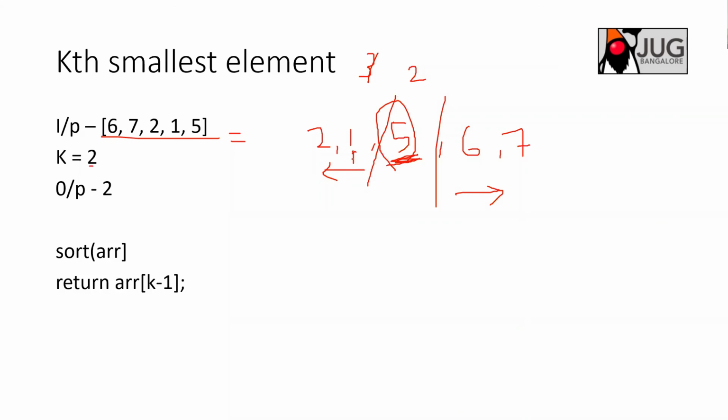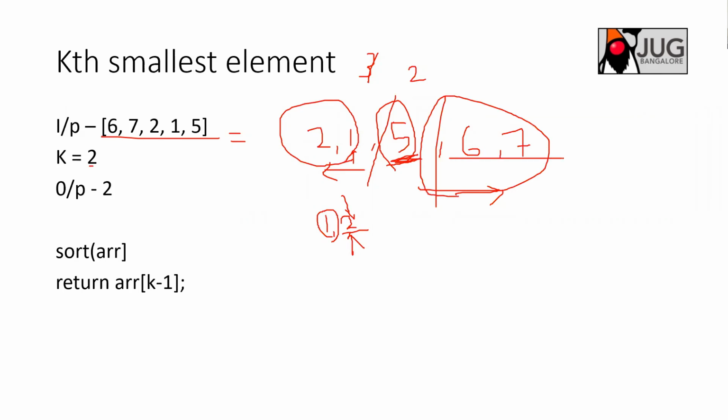So what I can do is perform the partition again on this part, taking 1 as a pivot and doing 1, 2. Now you know that 1 has come to the right place, right? So again go to 2 and do the partition, where 2 is already partitioned. So 2 is at the right place, and you can return this. So you are saving this much time here. You are completely ignoring this side, because you know the partition happened here. That way, using the Lomuto partition algorithm itself, you can return the kth smallest element.